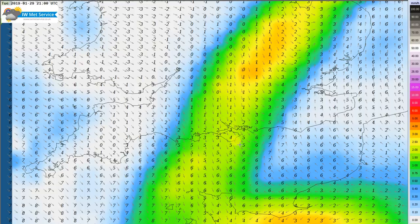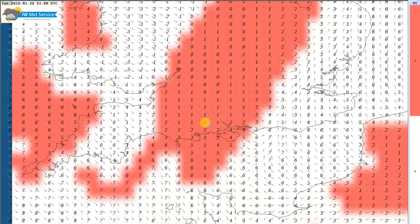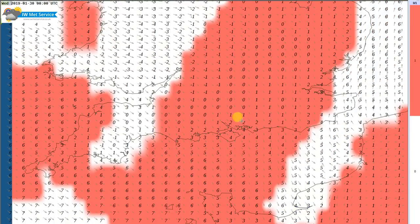The temperatures fall away, the winds switch around to the north and northwest, and we've still got this band of rain, which of course by this time, if the temperatures have fallen that low, is likely to turn to snow. So we could see some snow falling for a few hours across the island. If this front moves through a little quicker,